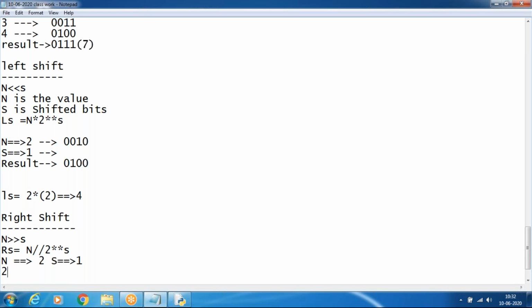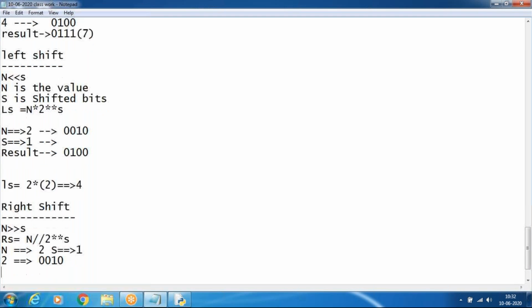So 2 is 0 0 1 0. It will be shifted, and I think it will be 1. So the right shift result is 0 0 0 1. It moves to the 1. That value produced will be 1.